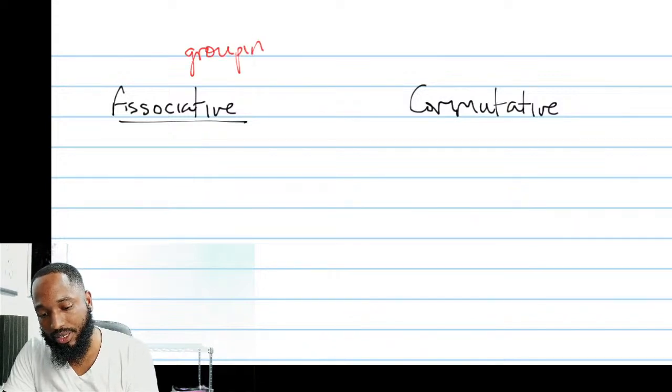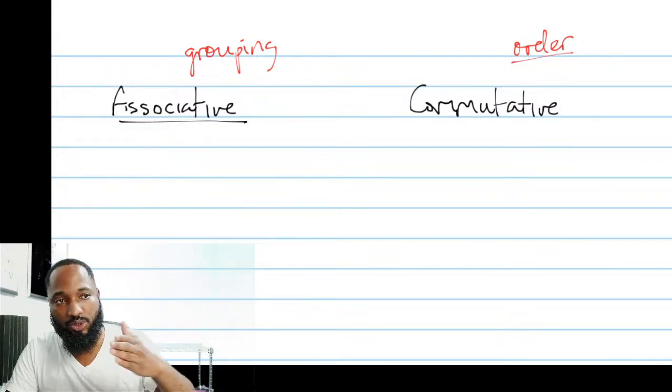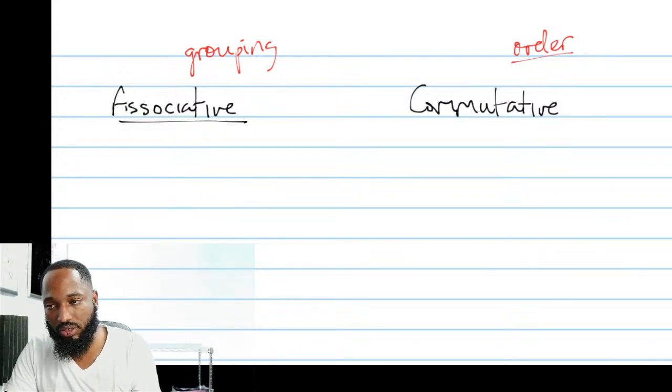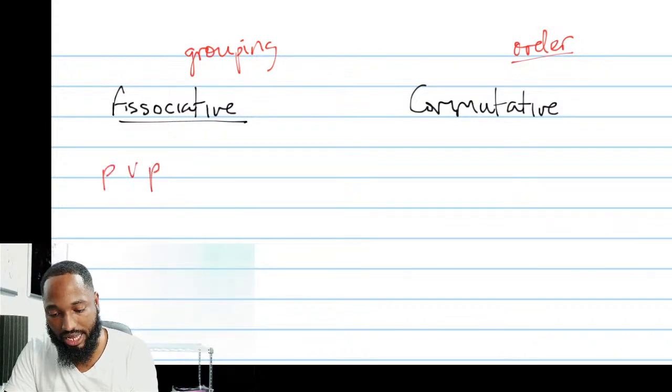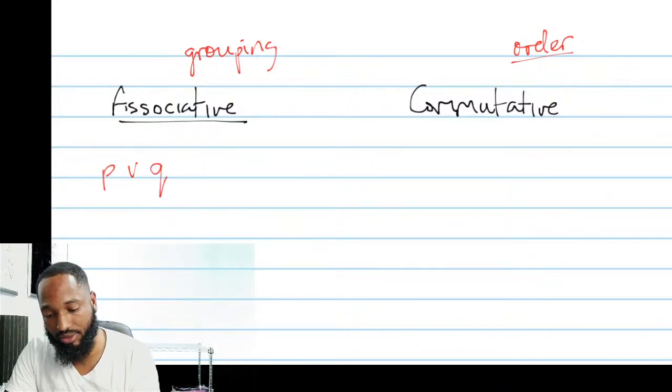Associative and commutative and distributive come into play with logic. Associative, what is associative? We talked about this at the start of the class. This is grouping. Commutative is order. Commute, direction, how you're going to work, which place you go to first. So associative just means, yes, they are associative. Associative, you must have three things. And notice we have the same symbol with associative, right?